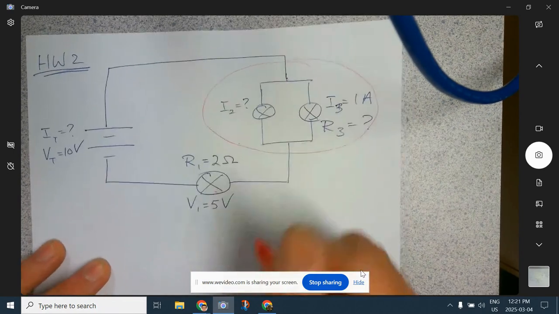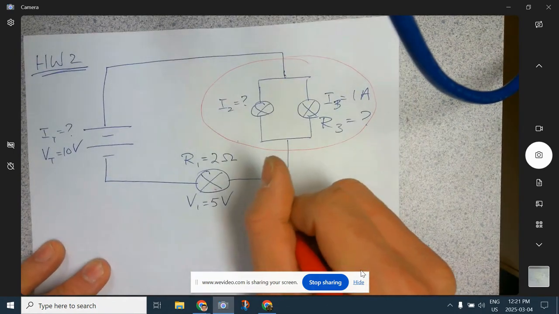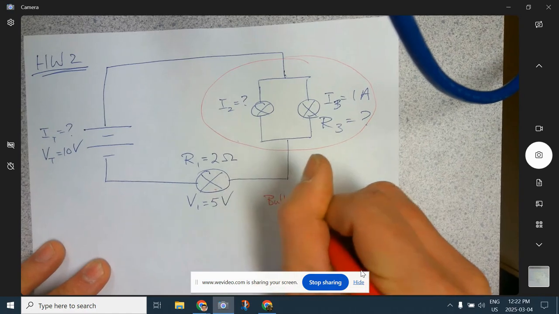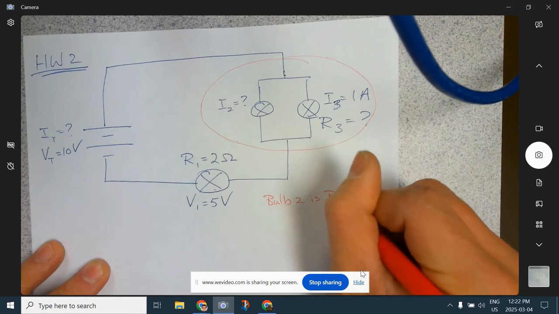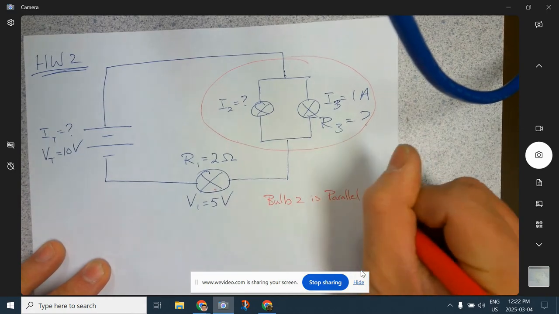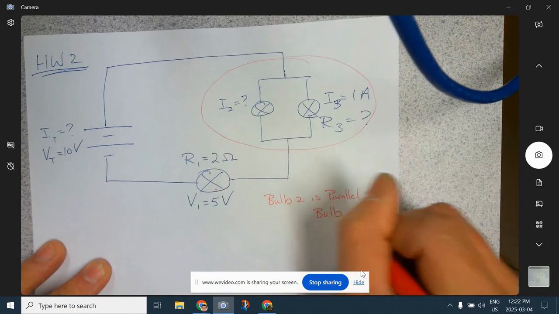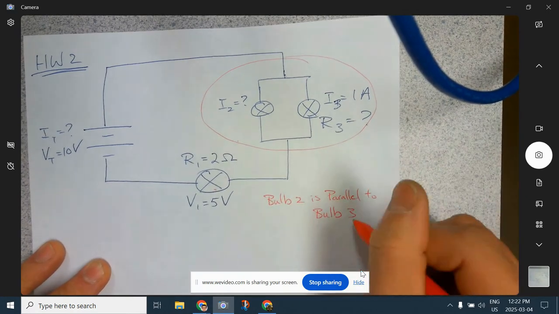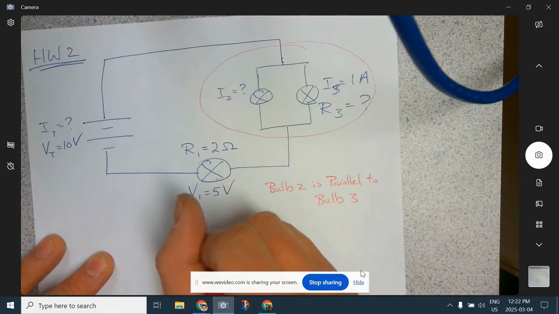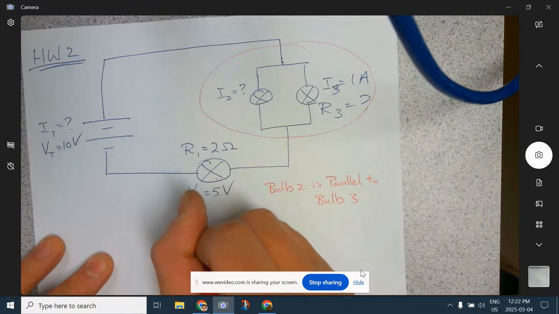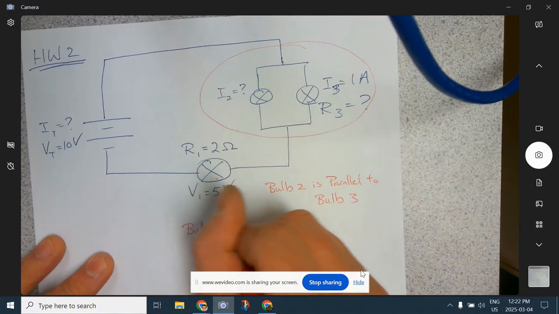Okay? So we can write down here: bulb 2 is parallel to bulb 3. Okay? So bulb 2 is parallel to bulb 3, and this whole thing here. And then the bulb 1 here, bulb 1 is in series